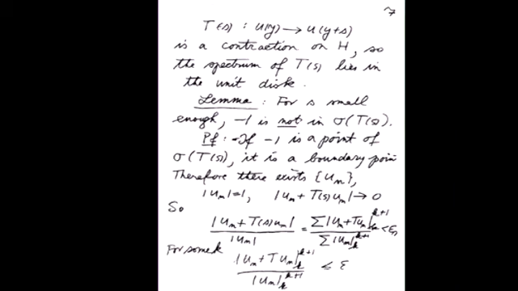So I write the norm as an L1 norm, so it can be written as a sum of L1 norms over the unit intervals k to k plus 1. And if the numerator is a sum, the denominator is a sum, and the ratio is less than epsilon, then there must be some k for which the ratio is less than epsilon n.